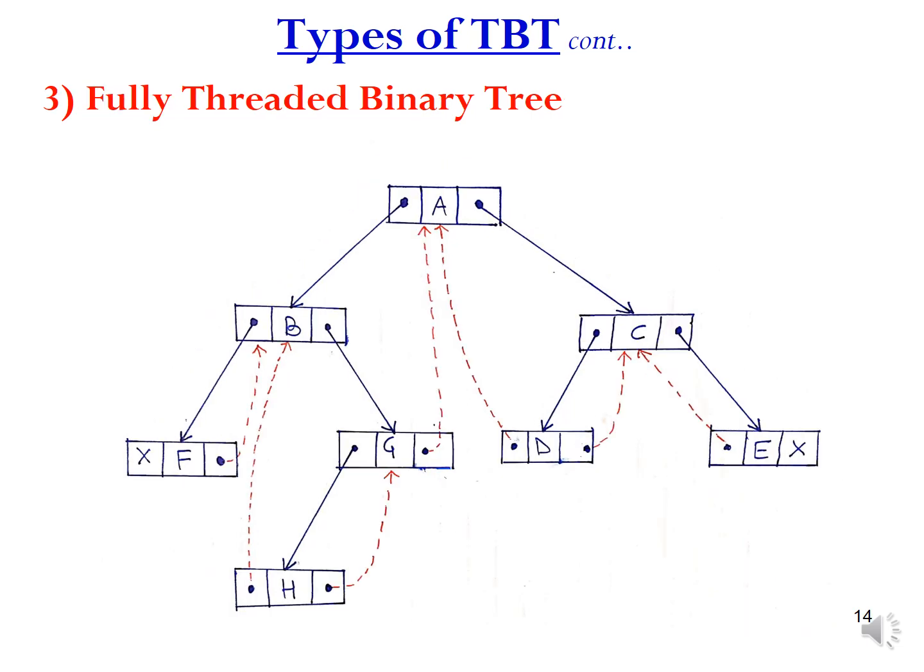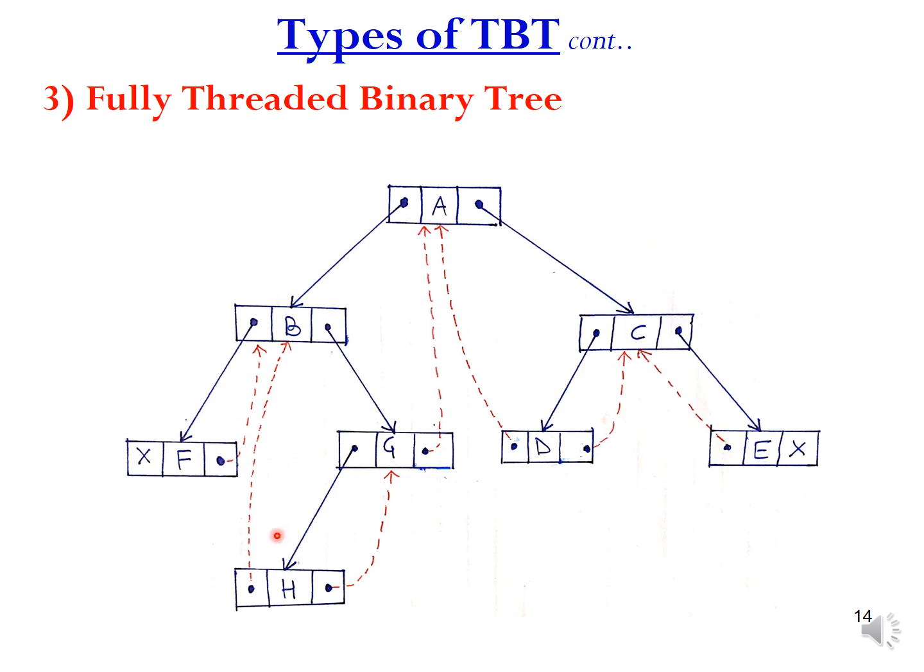Now we will discuss the double or two-way threaded binary tree. In a two-way threaded binary tree, or double threaded binary tree, all the left null pointers point to the in-order predecessor and all the right null pointers point to the in-order successor. Like in this figure, we can see the right null pointer of this node F is pointing to its in-order successor, which is node B,